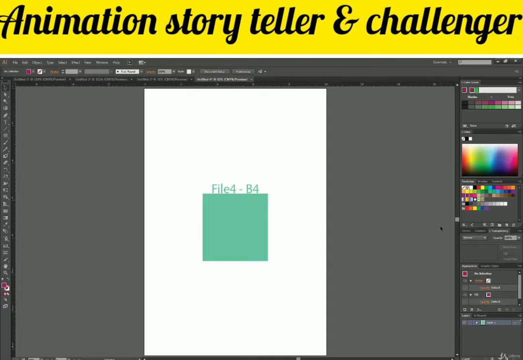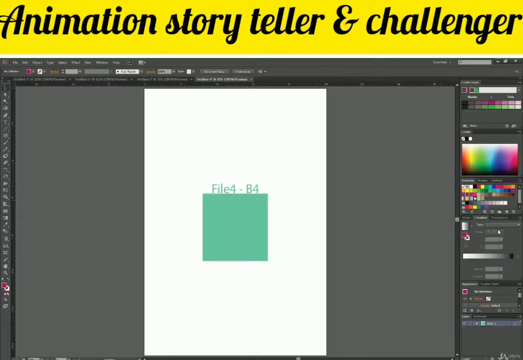Now what if I want to drag out an entire group of panels? Let's say we have a group here, stroke, gradient and transparency. What if I want to drag this whole panel group, all three of them together? For that, I cannot click on stroke or gradient or any of the panel names, otherwise that particular panel will be dragged out. So we will click on this empty space over here. We have some bar, or you can say a title bar, for every group. So I can just click on this empty space and drag this out.